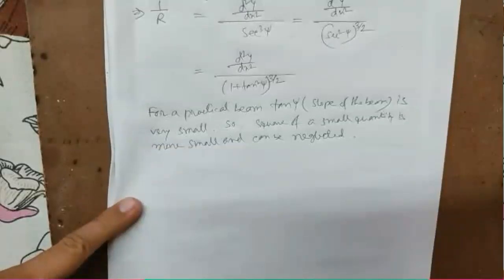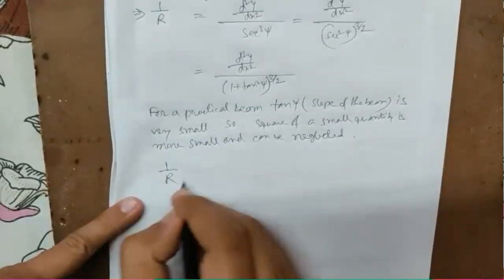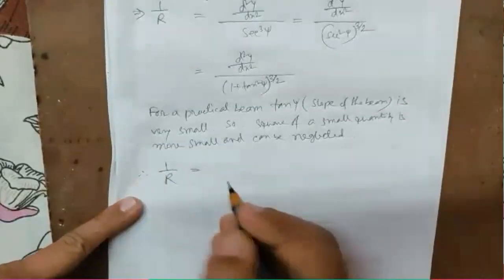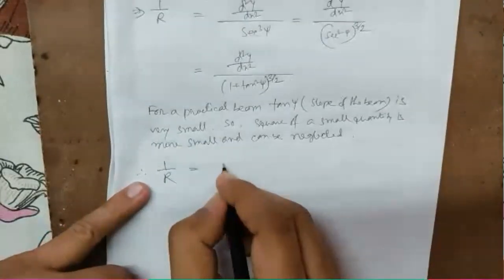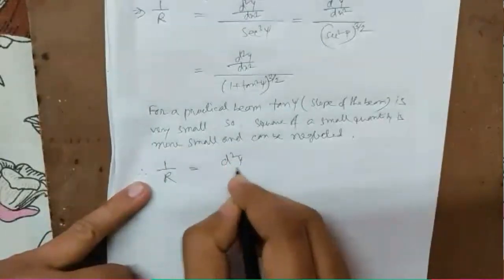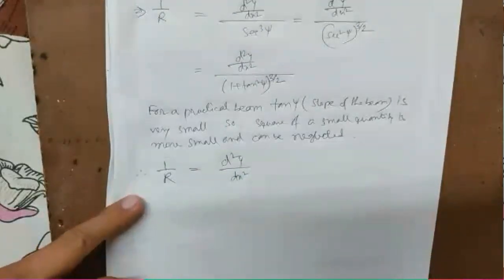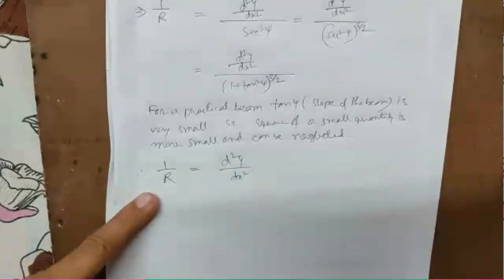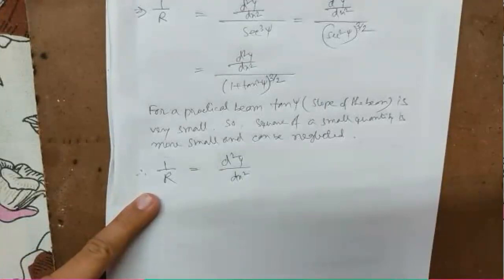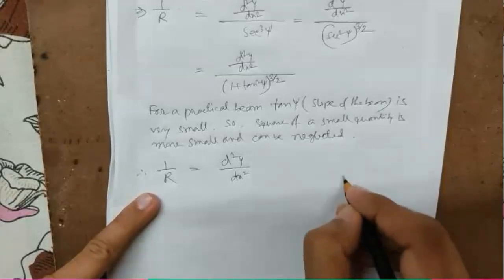Okay, so therefore 1 by r is equal to d2y dx2. Now we know that r can be found out from this formula,